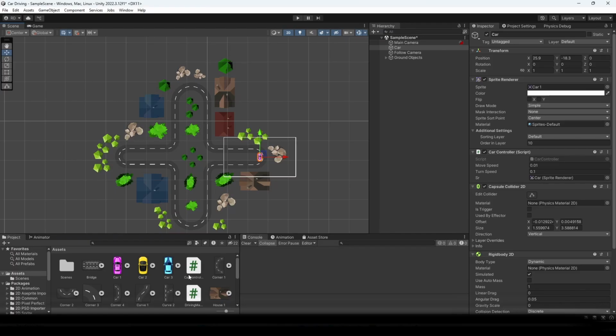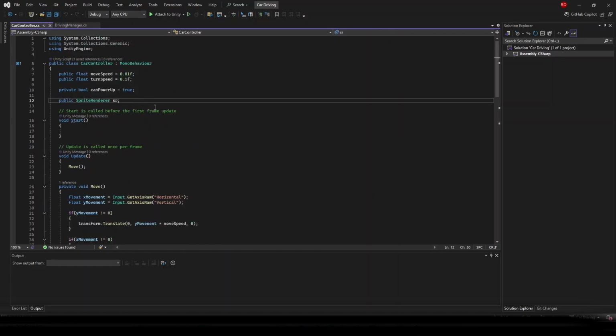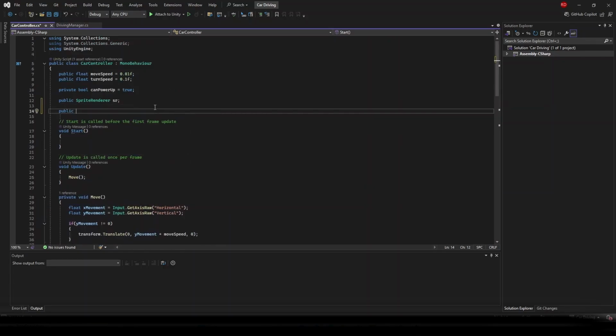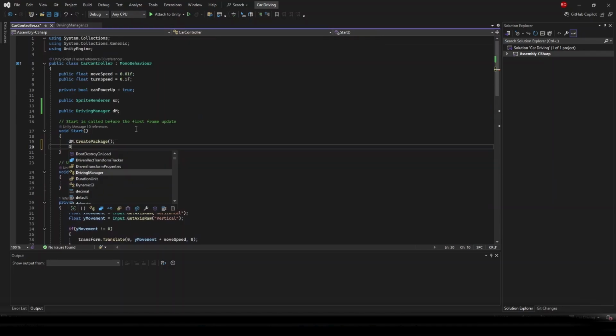We can go back inside of Unity and open up the car controller script, and here now we're going to check if the car hits something or not. But we need a reference up here, so we can do a public driving manager, and we're going to name this DM for driving manager, just so it's shortened. Inside of start, we're going to want to create a package and a put down spot in the beginning. So let's do DM, and then we're going to call these two methods, create package and create package spot. So dm.create package and